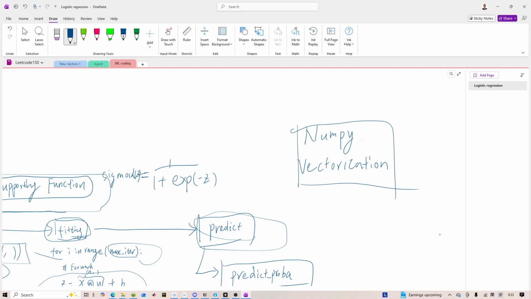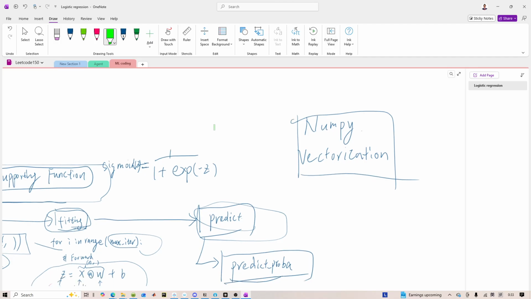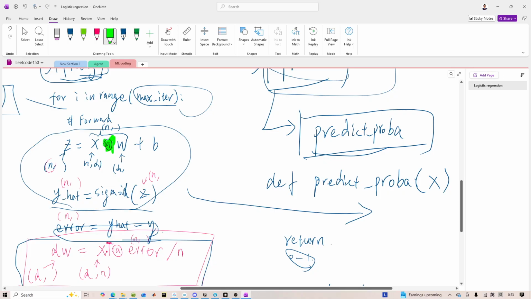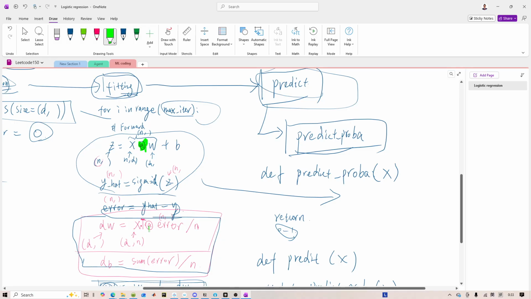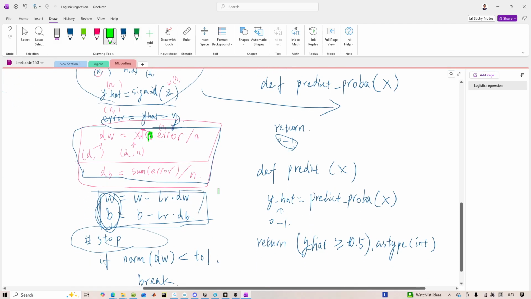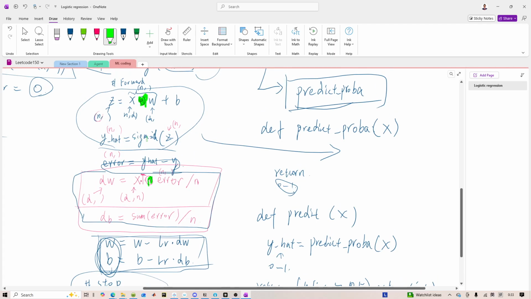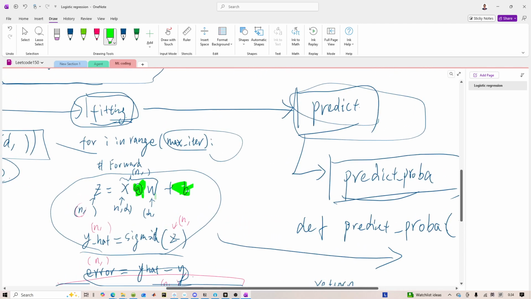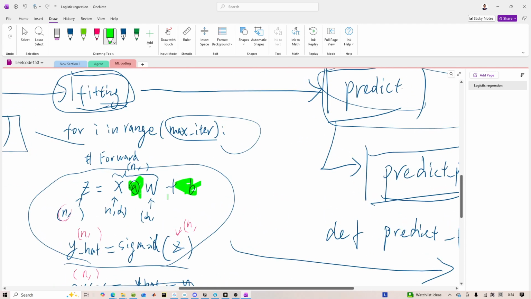This is something the interviewer will challenge you as well. For this specific example, it is the way that we use matrix multiplication, and also the way we use broadcast. Those techniques avoid the need for using more for loops,